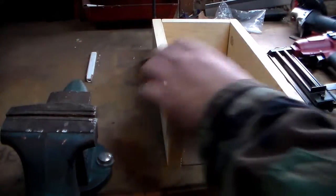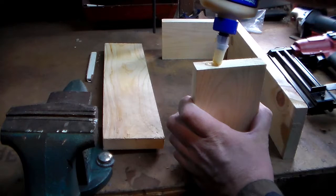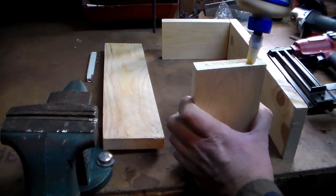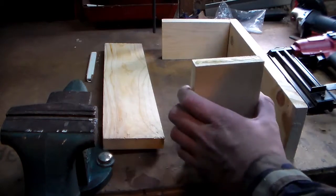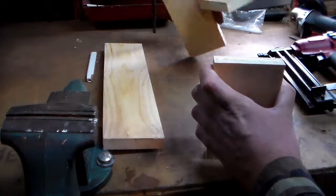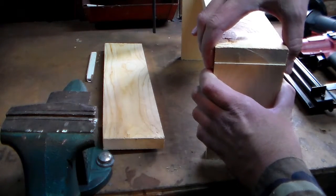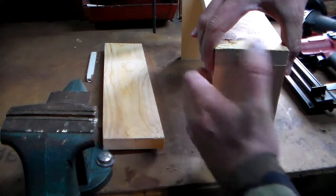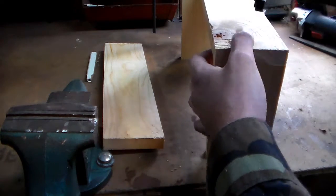Here I am starting the glue up on the main structure of the stool. I used 2 6-inch pieces on each end and 2 14-inch pieces on the sides. This is mostly custom fit to the stool top that I had. Originally I was going to make this 12 inches wide by 14 inches long, but I already had a stool top and that would give me a padded seat and allow me to use less wood, so this is the